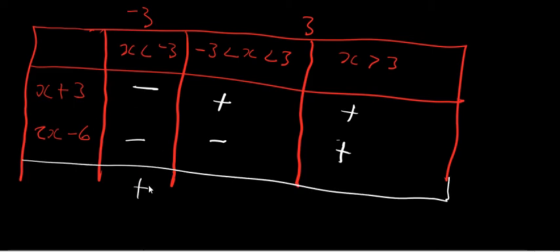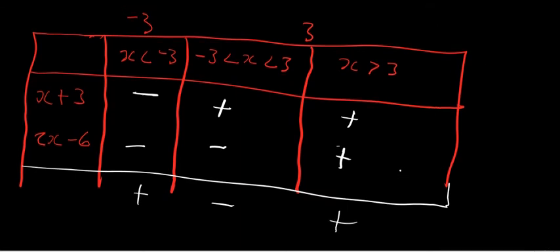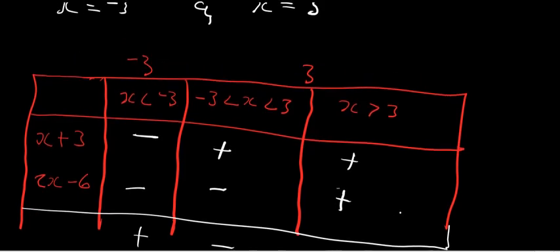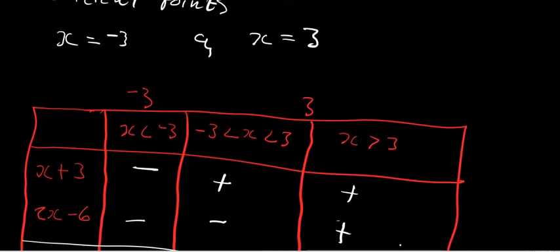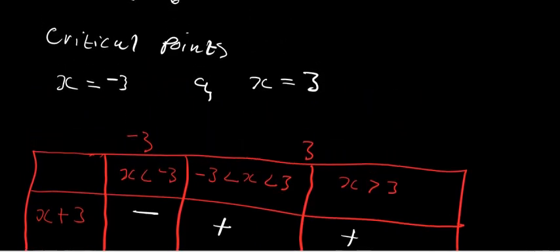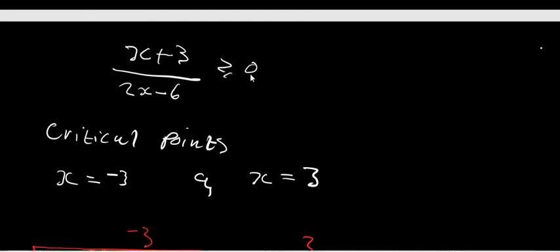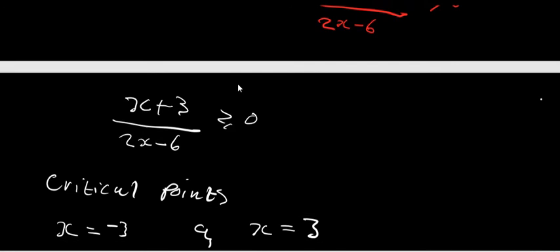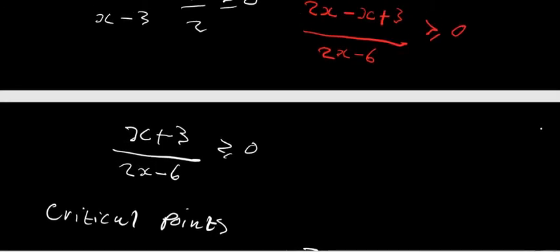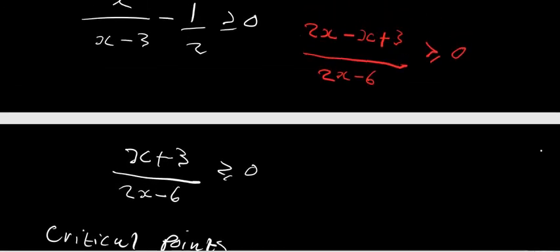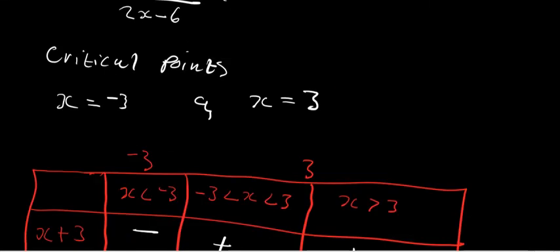So we can say that times that it's positive, that times that it's negative, that times that it's what? Positive. So after doing that, we can go back to the expression and check what was the sign. Okay, what was the sign? Automatically the sign was greater than. Okay, so since the sign was greater than,